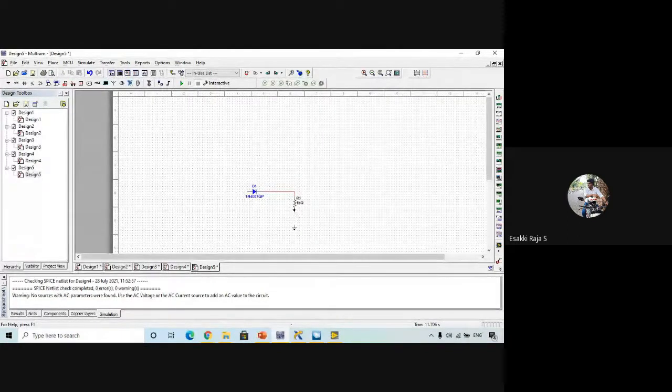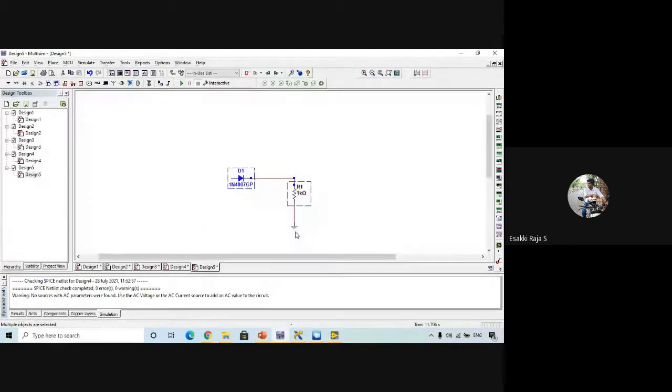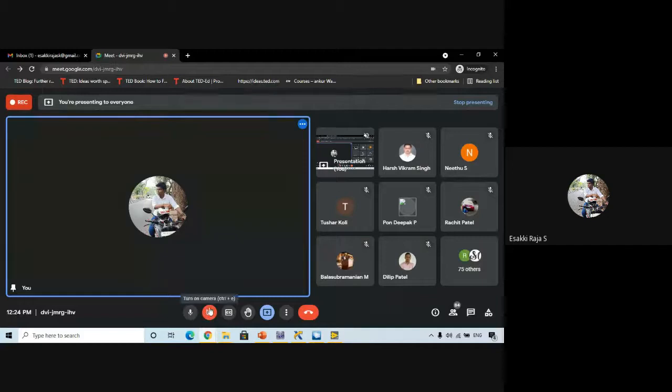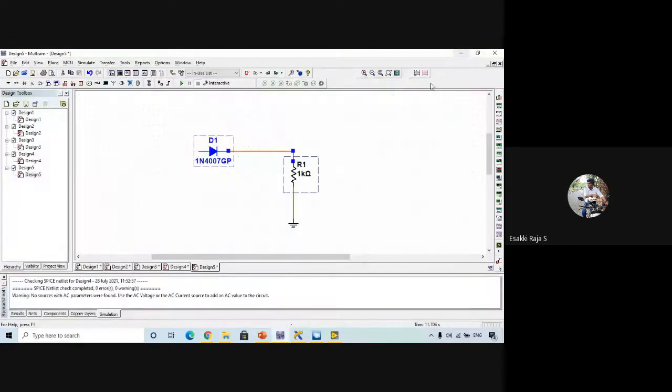In this you can see I have only the components. I don't have any inputs or outputs in this Multisim design. I have placed only the components.